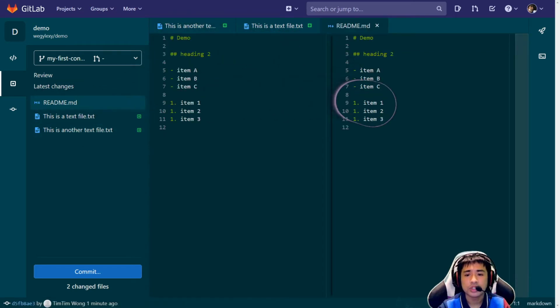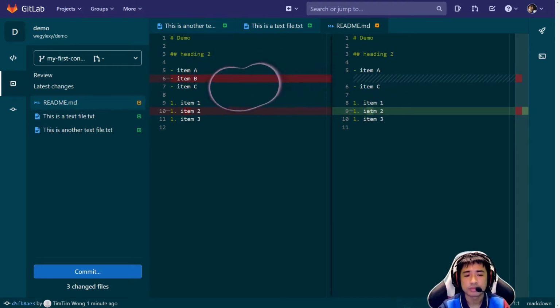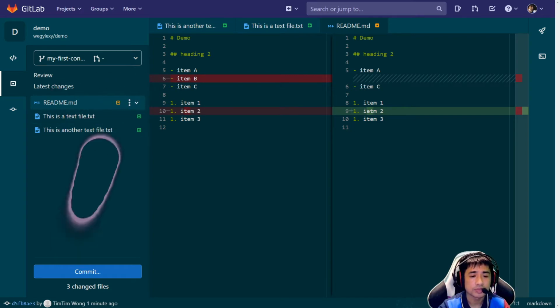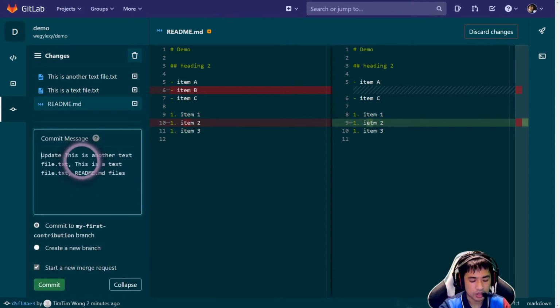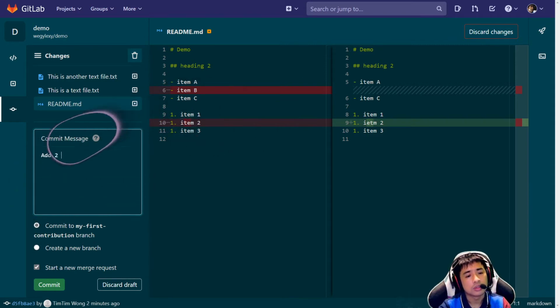or let me also change the readme a bit. Let's say we make a mistake here, item2. We'll come back to that later. Alright, I change something in README, it is indicated as an orange box here, and then have a look, final check, commit. Okay, add 2 special files, and I select to commit to the same branch